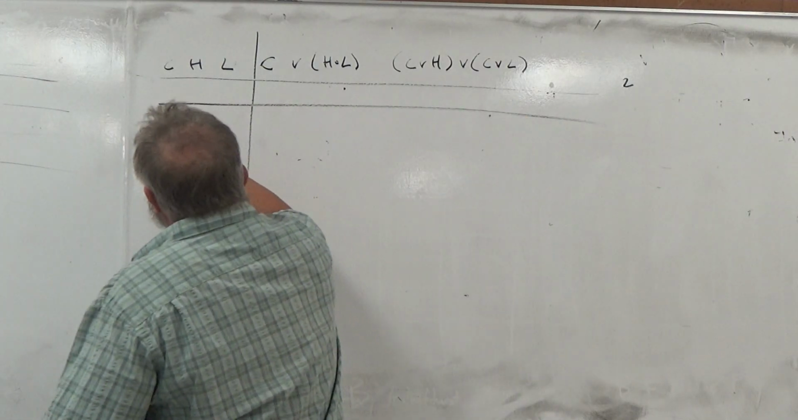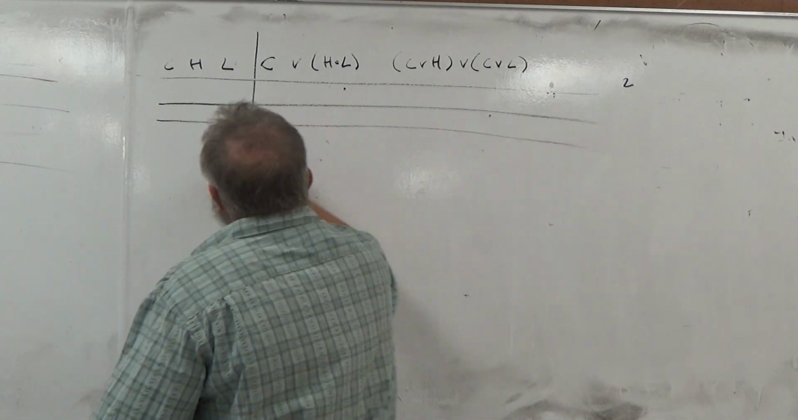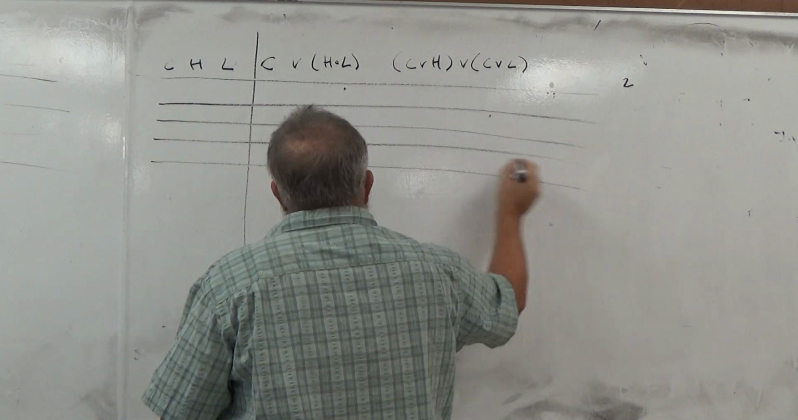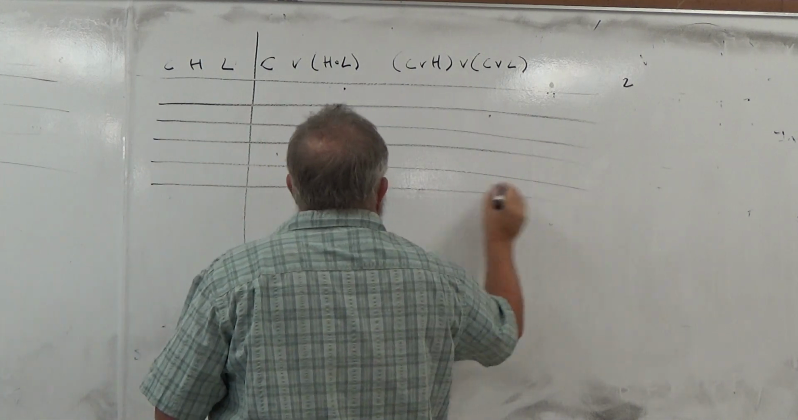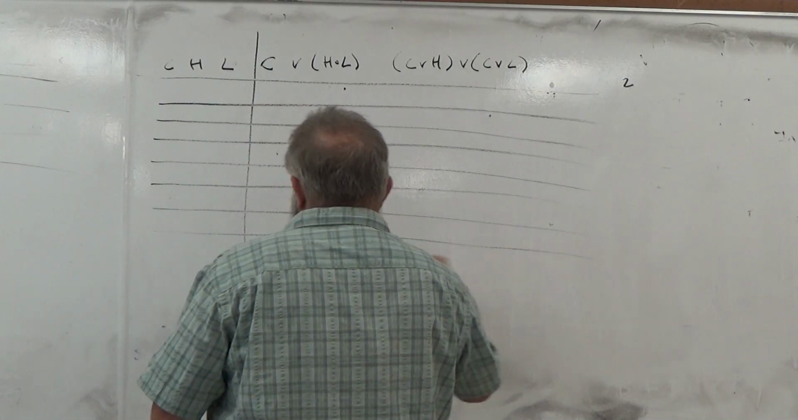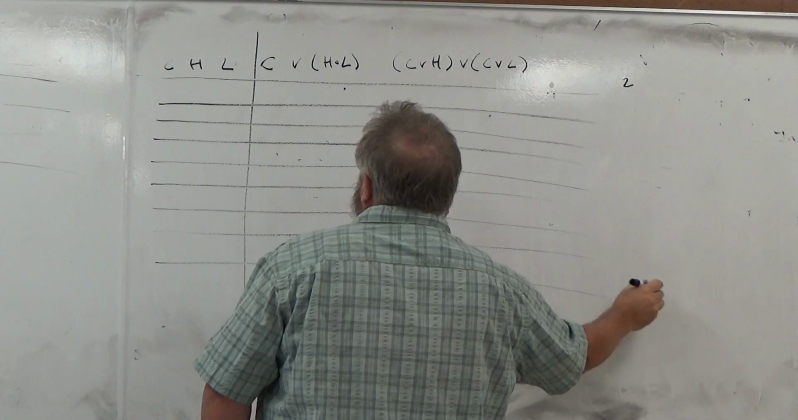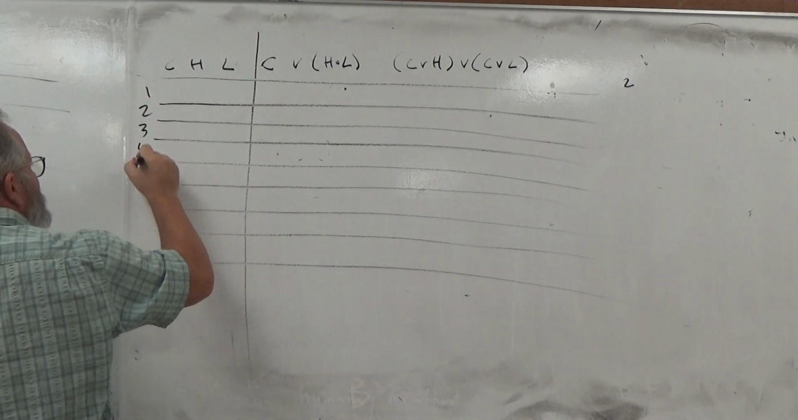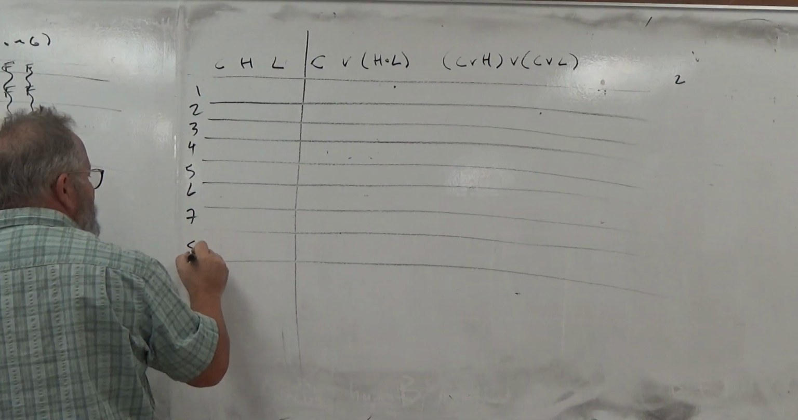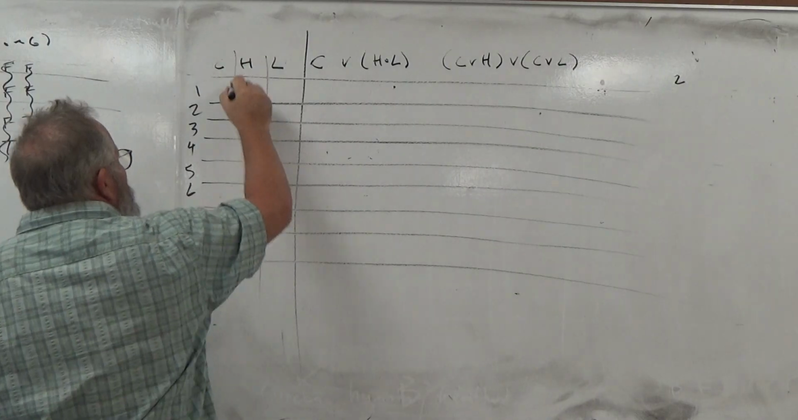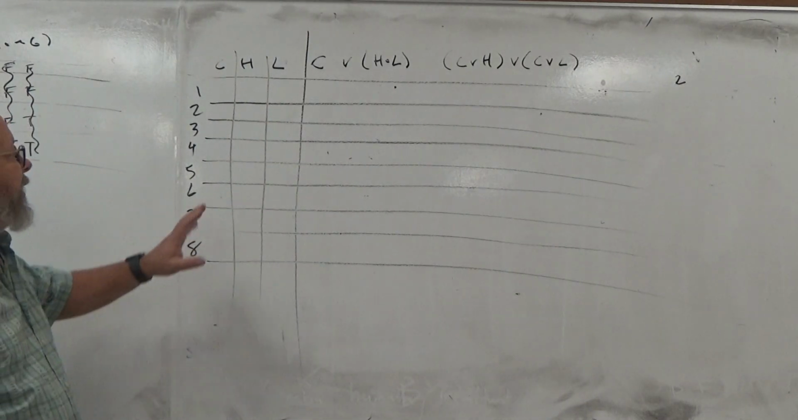1, 2, 3, 4, 5, 6, 7, 8. Okay. Now to fill this in so that I get all the possible combinations, first of all,